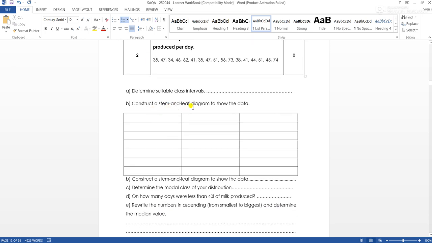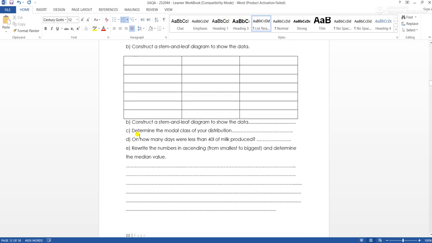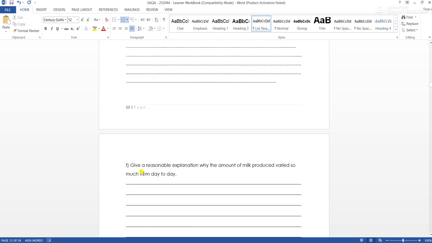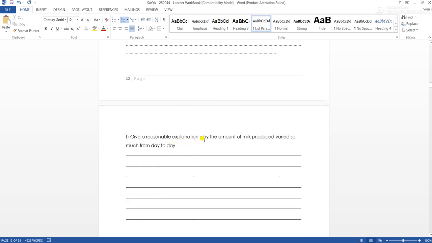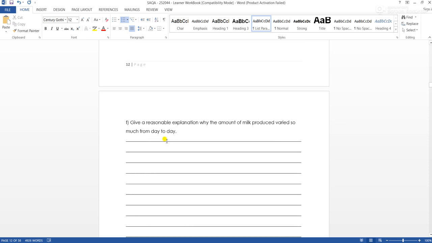So you need to construct a stem and leaf diagram to show the data. And B, this is the same question. C, you need to determine the modal class of your distribution. And D, on how many days were less than 40 liters of milk produced? And E, you need to rewrite the numbers in ascending order, from smallest to biggest, and determine the median value, which is the middle number. F, you need to give a reasonable explanation why the amount of milk produced varied so much from day to day. So that's it for activity 2 concerning unit standard